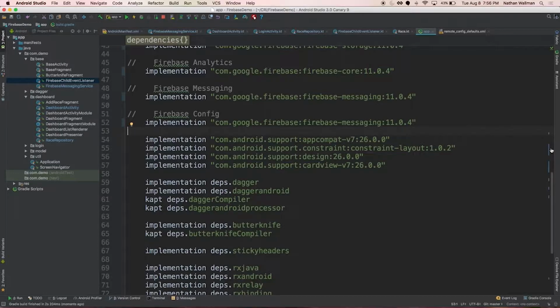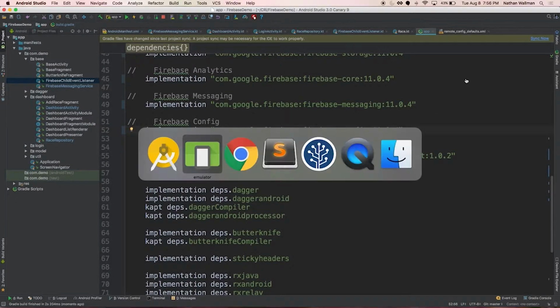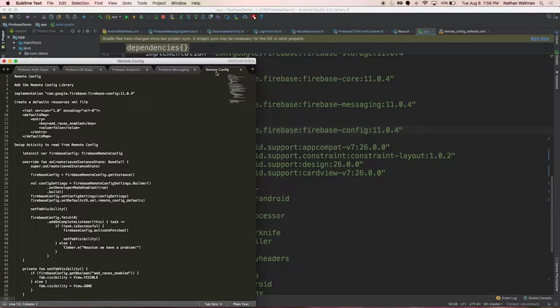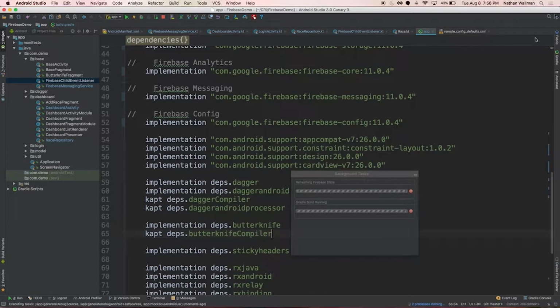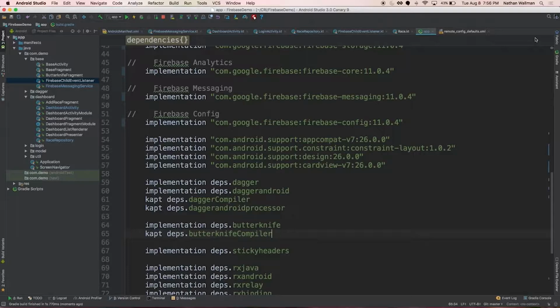So the next thing, remote config is a way of controlling behavior from Firebase. So let's say you have a feature that maybe you want to run for a promotion for a month. It's the same as the line above it. Oh, the Gradle import. Is it config? Good guess. Yes. All right. Okay. Nailed it. So yeah, if you want to control behavior within your app remotely, you can do so with remote config.